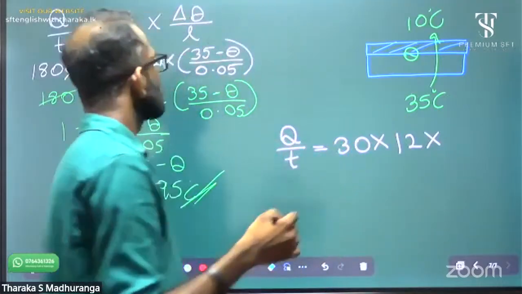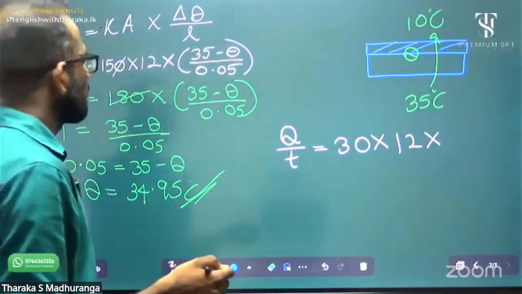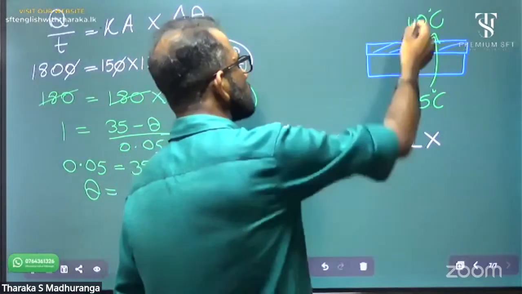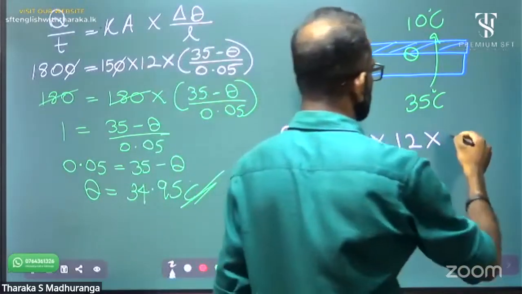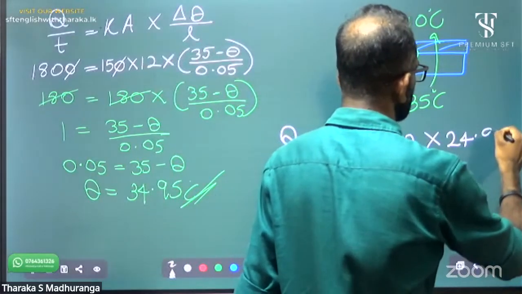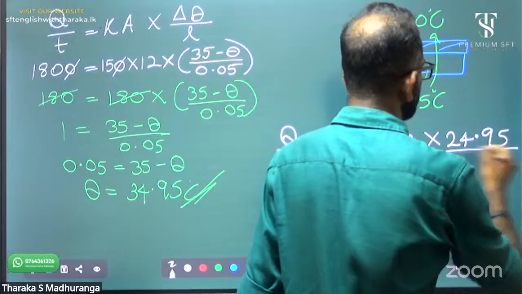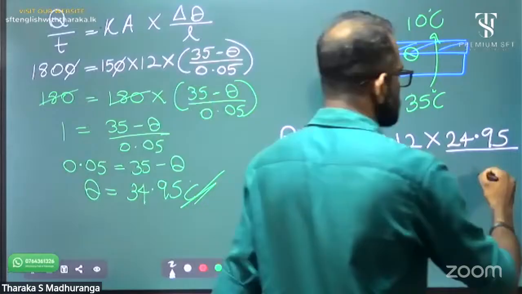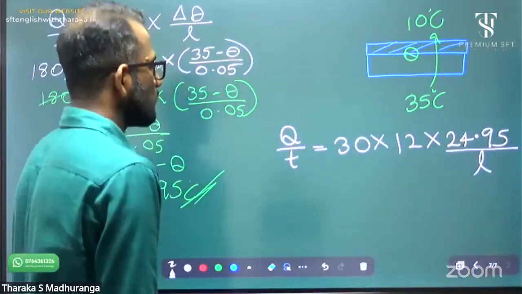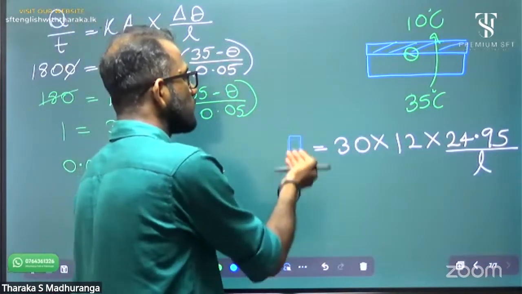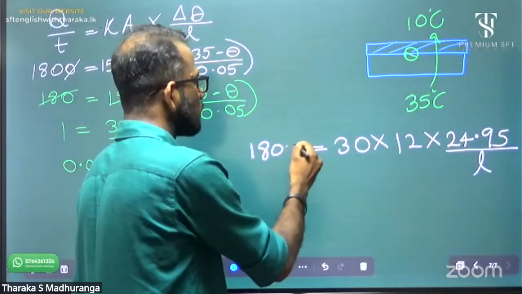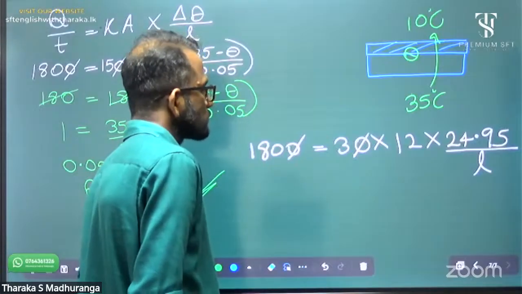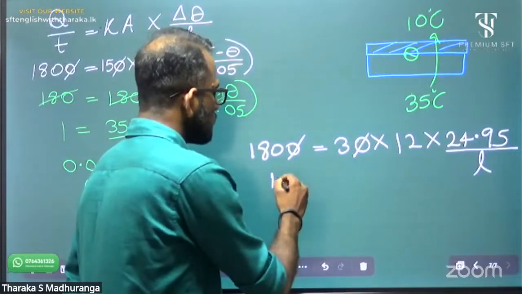Temperature difference, now it is 10 and 34.95, so 24.95, divided by the thickness. The thickness L we don't know. And the thermal conduction rate you already know, 1800 watt. 0 to 0 cancel, 180 equals